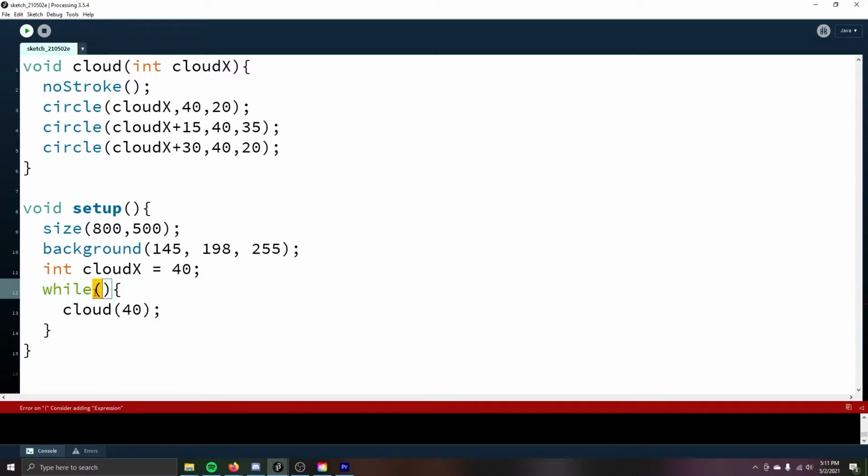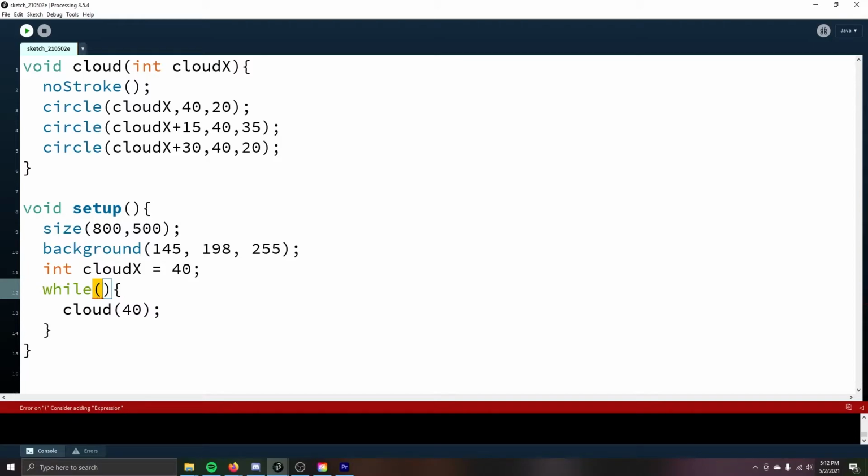Inside of the parentheses for the while loop, we have to type in the condition for the loop to continue. That means what should be true if we want the while loop to continue. Now we don't want the while loop to run forever because that can break your program. So be careful when writing these. I want clouds to be printed to the end of the screen, so when the cloud x reaches the end,